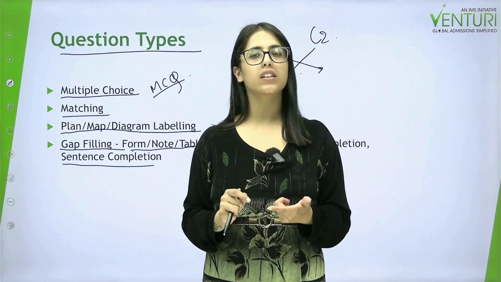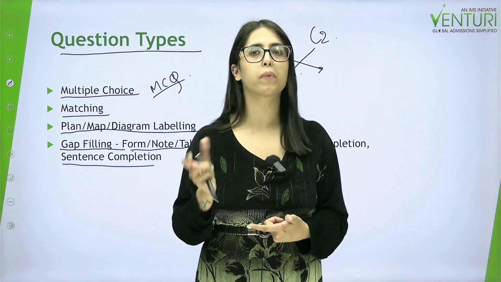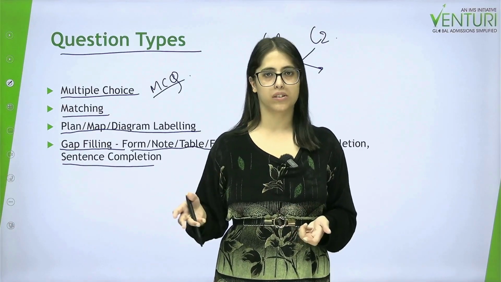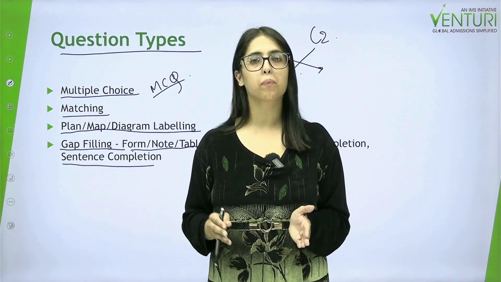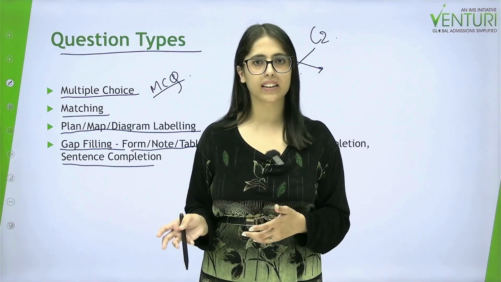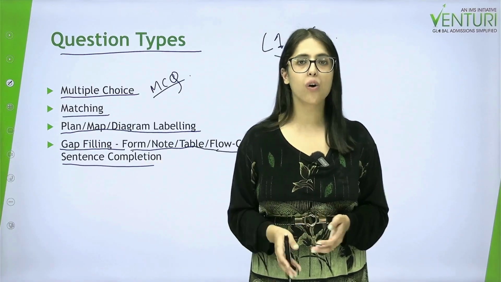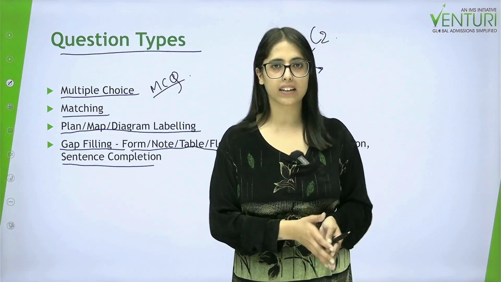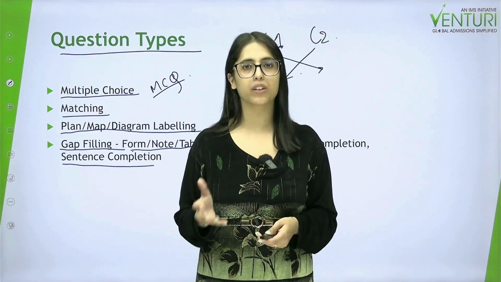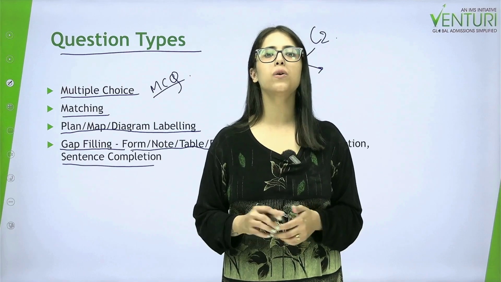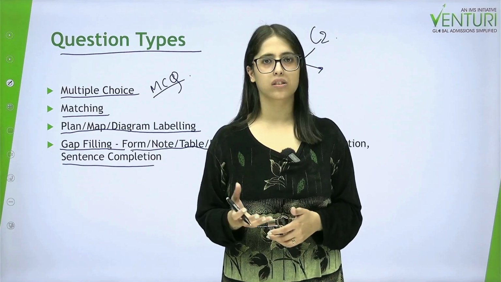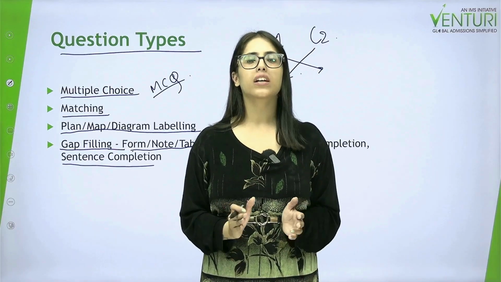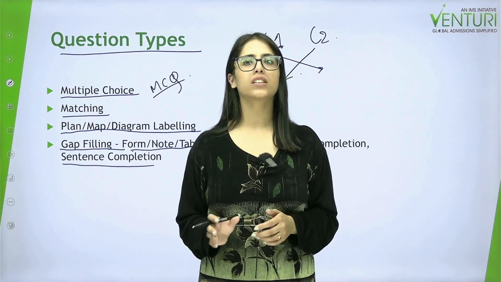So say for instance, the instruction for a particular question says that you cannot write the answers in 4 words. So they can say write the answers in up to 3 words and or a number, something like that, and you just write 4 words. Now according to you, those 4 words are the answer, but since the word limit stated that you cannot go beyond 3 words and you wrote 4, this can lead to detraction of your marks. So try and stick with the word limit, and always make sure that you are reading and understanding the instructions properly, okay.